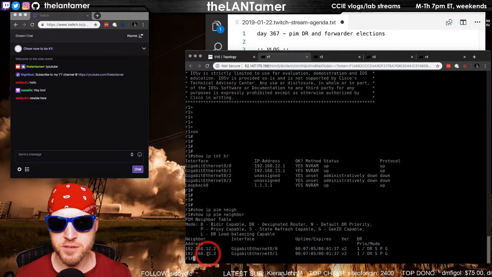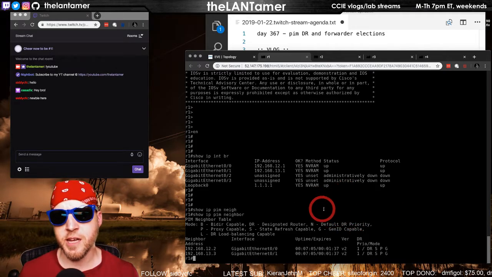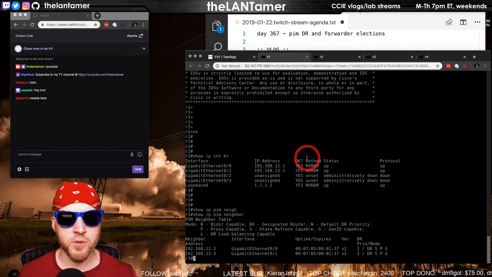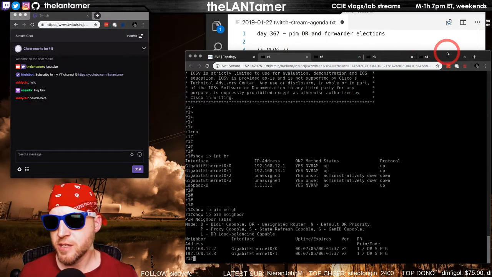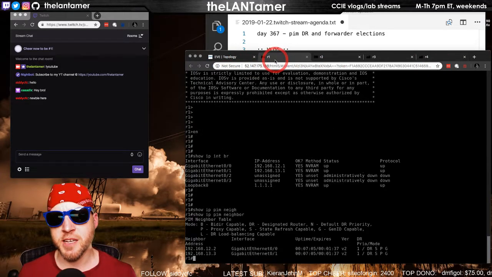Sparse. So we have sparse mode, and the designated router is awarded via highest IP. Whoever has the highest IP on the link